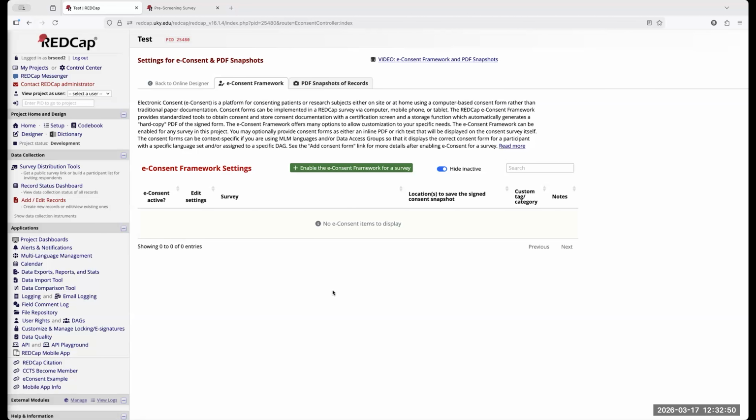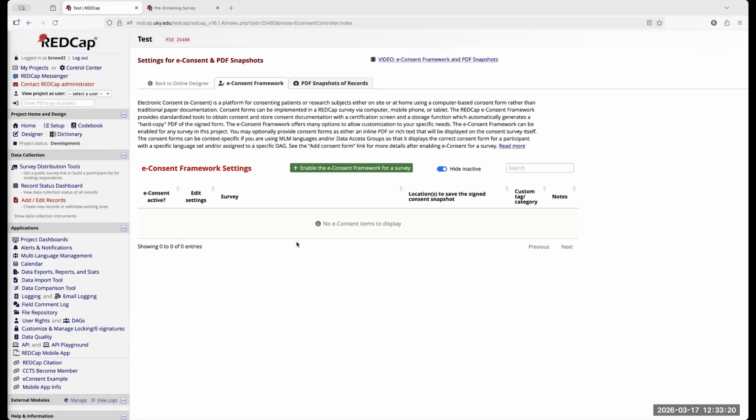First, last name, email address, that might be all you need to know. And whether they have type 2 diabetes or have they ever had cancer or whatever information you're trying to collect to make sure that they are a good fit for your project. So all these need to be thought about before you start creating your e-consents. And again, you may want to work closely with your IRB representative.